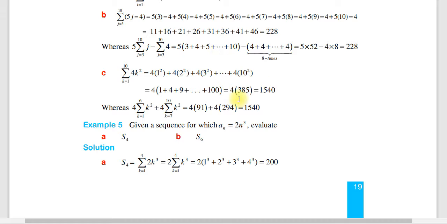እነዛን ፕሮፐርቲዎች ተጠቅመን ካልኩሌት ማድረግ እንችላለን። ሌላው ኤግዛምፕል ደግሞ given a sequence for which an is equal to 10 cube ቢሆን evaluate s6 and s4 ይለናል። ስለዚህ መጀመሪያ s4ን ስንፈልግ the summation of 2k cube, instead of n kን ተጠቀምን, k starts from 1 up to 4 which is equal to 2 ለብቻ እናወጣና 2 times the summation of k cube, k starts from 1 up to 4 አድርገን which is equal to 2 into 1 cube plus 2 cube plus 3 cube plus 4 cube እስከ 4 ድረስ ስለታዘዘን ማለት ነው so which is equal to 200 ብለን መስራት እንችላለን ማለት ነው።